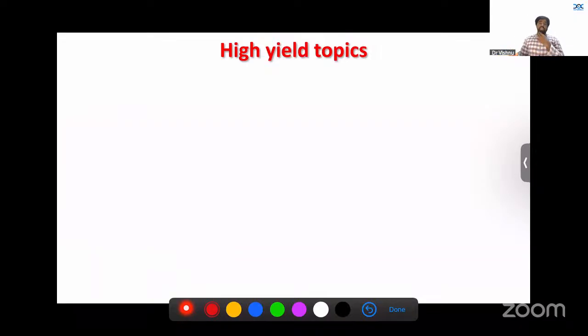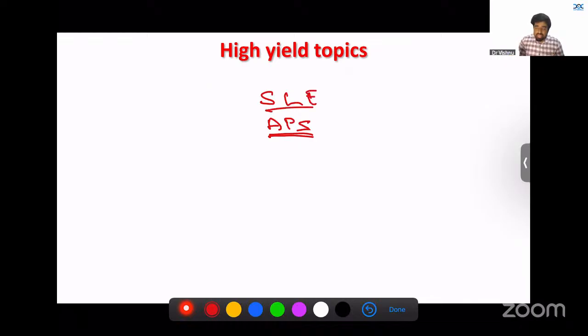If you look at it, the main high yield topics which you should not ignore, I feel, are, more than SLE, also APS. APS especially, because it's a small chapter, do not ignore it. SLE questions have been asked, but by itself it's a big chapter. But at least what is given in your Harrison, I feel you can read that and go. If you have read it very well before, it takes not more than 2 to 3 hours. Even if you go through our lecture, that should be more than sufficient. APS is a very small, high yielding chapter, especially the new 2022 criteria, which you can read just one day before.